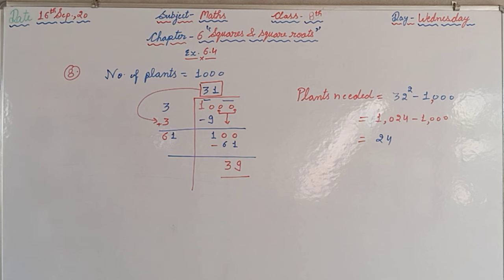At the same time, the next question is also the same, but some slight difference is there. In this question we are supposed to find the number which is to be subtracted. In the next question, there are 500 students in a school for PT drill. They have to stand in an arrangement such that the number of rows is equal to the number of columns, meaning whatever the number of rows, that many students will be in a single row.